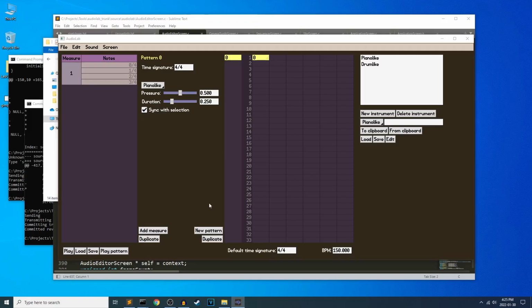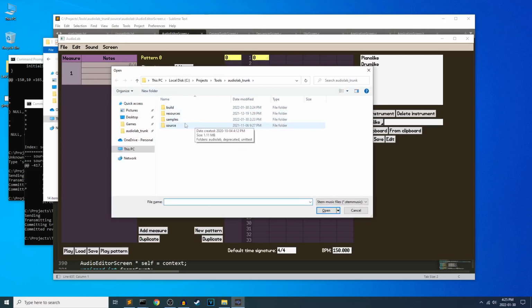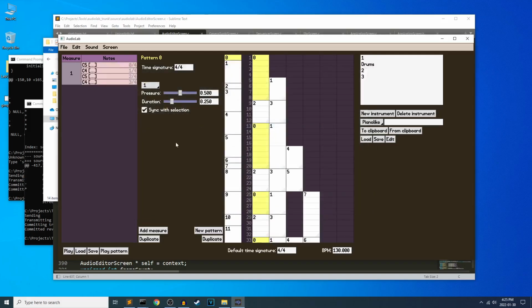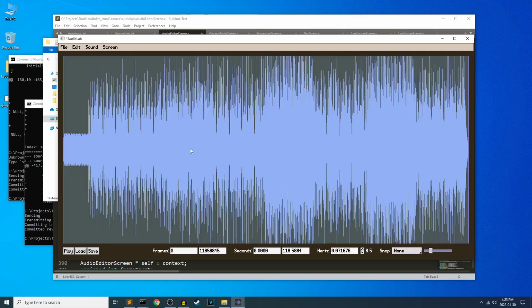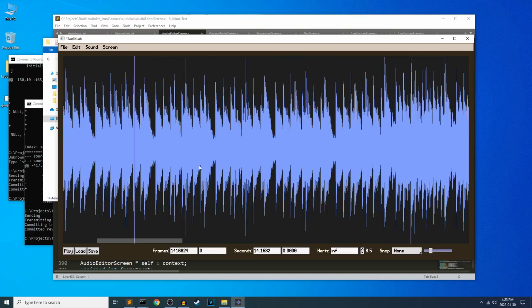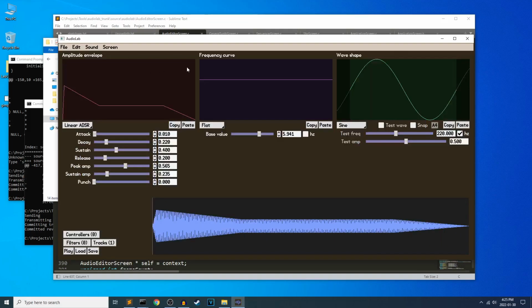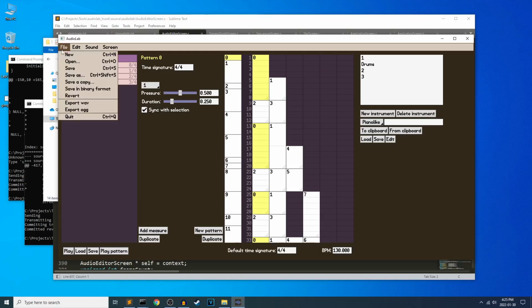Or if I load an entire song, this does the exact same thing. Say this thing. Oh, why didn't you play? Oh, there it went. It just took a long moment to synthesize that. That was longer than I expected. Oh, and I can also send this straight to the audio editor. It's going to be slow about it because that's a bunch of audio. Yeah, this is barely updating. This is around a minute and a half, same as the Explorer sound. But yeah, anyway, so